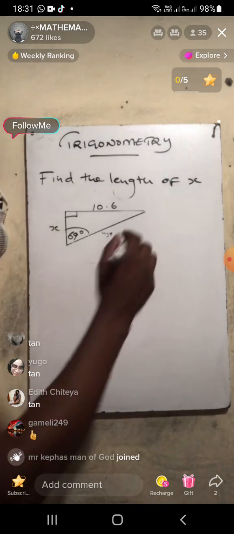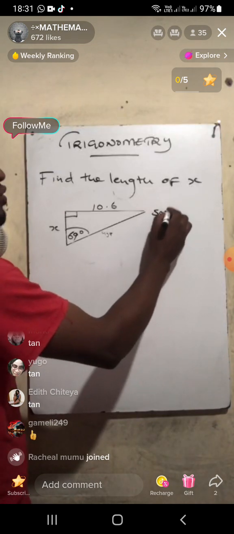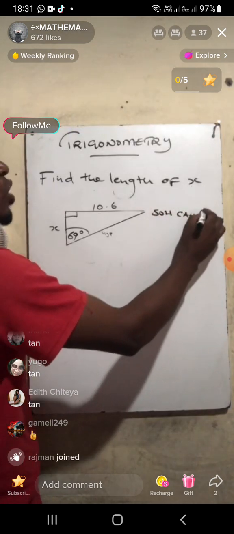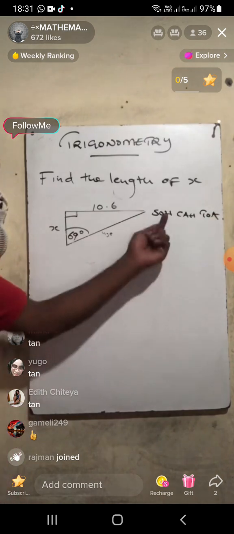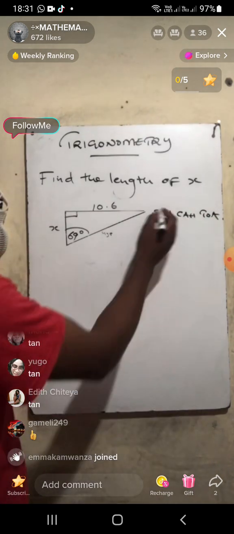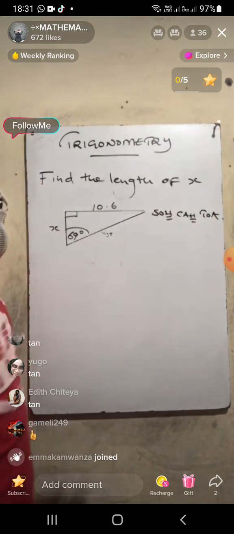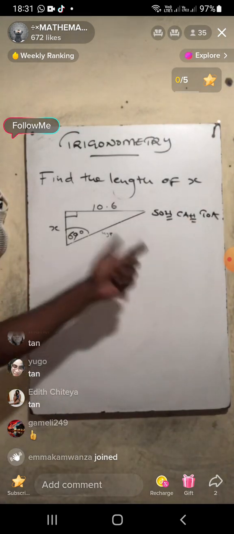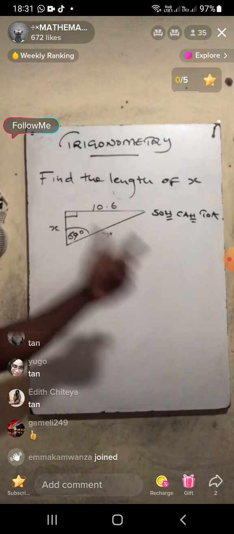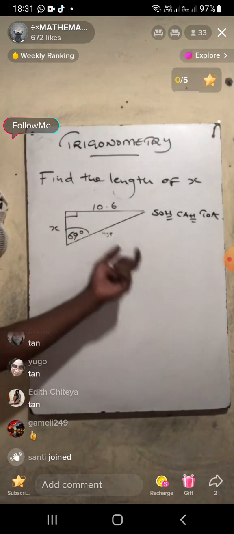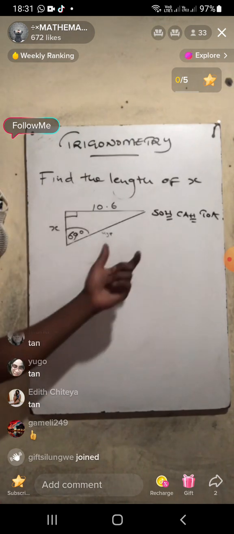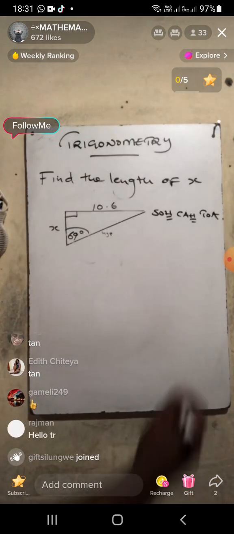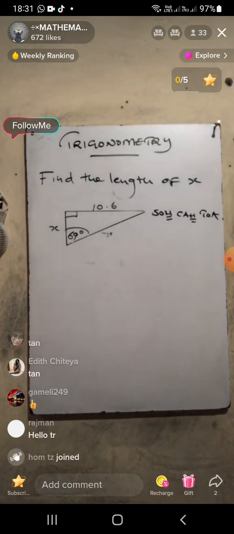Because on our trigonometrical ratios, we have SOH CAH TOA, right? SOH and CAH both have hypotenuse. So the moment the question you have been given doesn't involve the hypotenuse, just know that it is TOA,